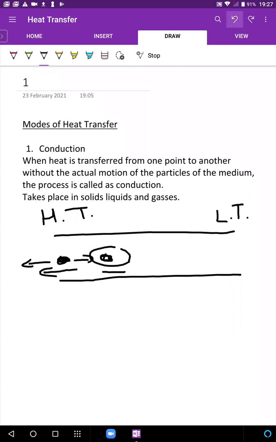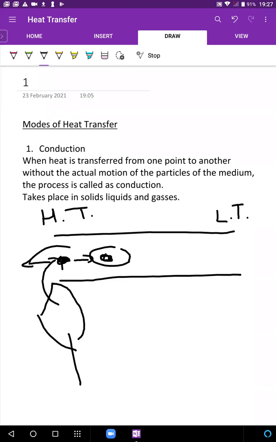But then somebody is maintaining this temperature, right? Somebody is keeping the candle over here. So that candle is continuing to give heat to this guy. As the candle continues to give heat to this guy, its kinetic energy again increases. Again, this guy collides with the next guy, further increasing its kinetic energy. Now you can imagine how the process continues.